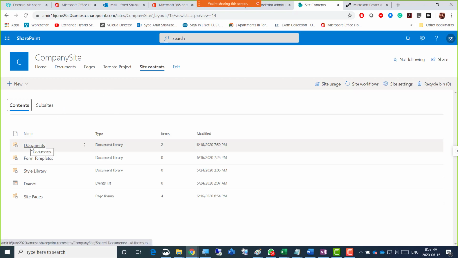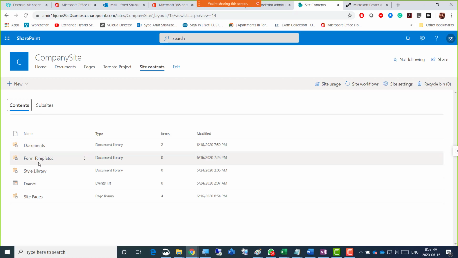So documents, again, whatever you uploaded there, you will see here in documents as well. Form templates. So if you have created any form templates, which we will be creating now, in fact, if this name came here, we're going to just check that. How can we just create a form here? Is there some facility of creating a form? Because